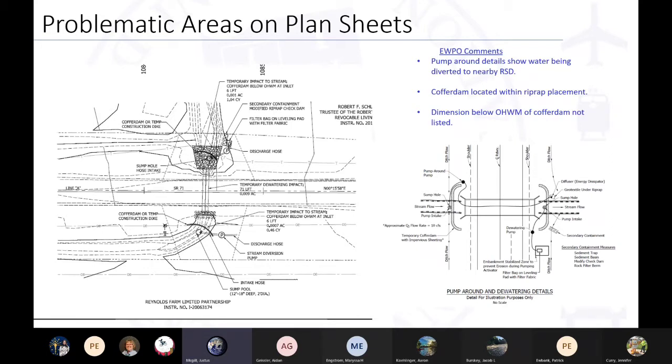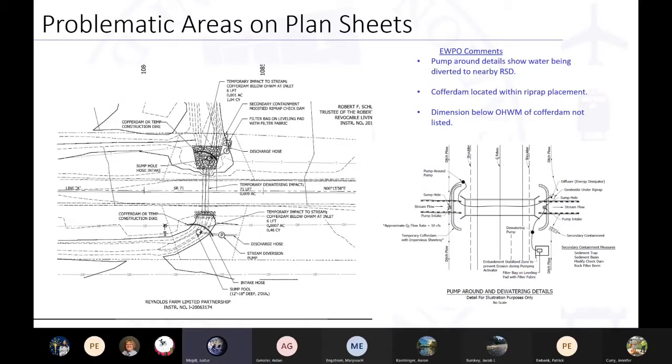The roadside ditch is actually not correct, but as you can see, we're moving away from what we call the standard, even though this is not an NDOT standard project labeling, and actually labeling it on the plan sheets. Just some other things to note: the cofferdam is shown, and the actual labels and dimensions of that are labeled, but the cofferdam is actually placed inside the riprap. We cannot approve it because it's not proper erosion control means and methods, and it should be moved to the furthest limits of where the actual riprap placement is going to be.